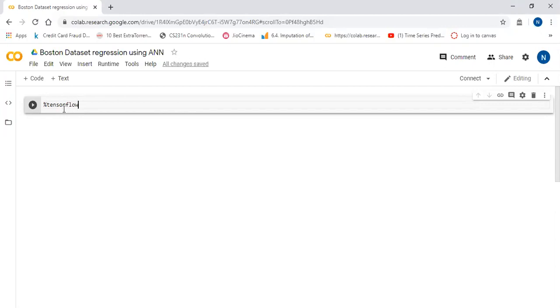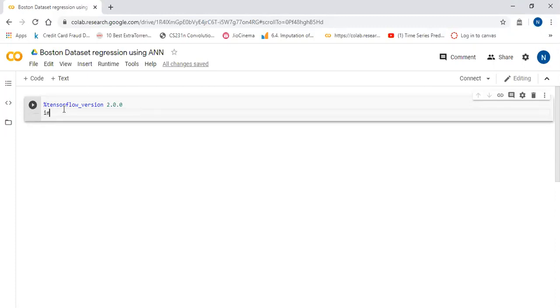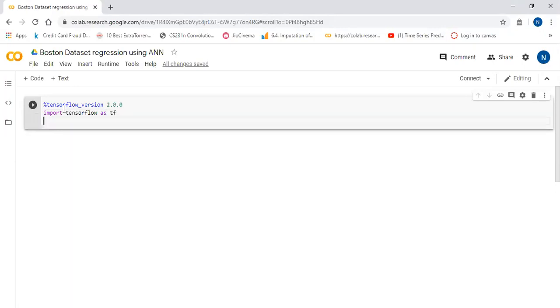TensorFlow version 2.0.0 and import TensorFlow as tf, from TensorFlow import Keras,